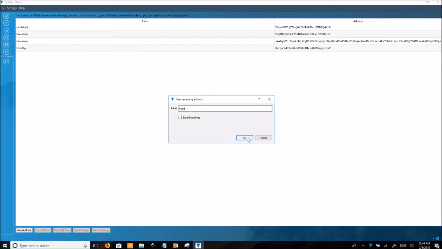If you click OK, it's going to make a public address. This is still going to obfuscate your IP address, so it is still a privacy address. However, if you click the stealth address option, your user IP address is completely untraceable. So once you click OK here, it's going to pop a new address here, and you're going to have your